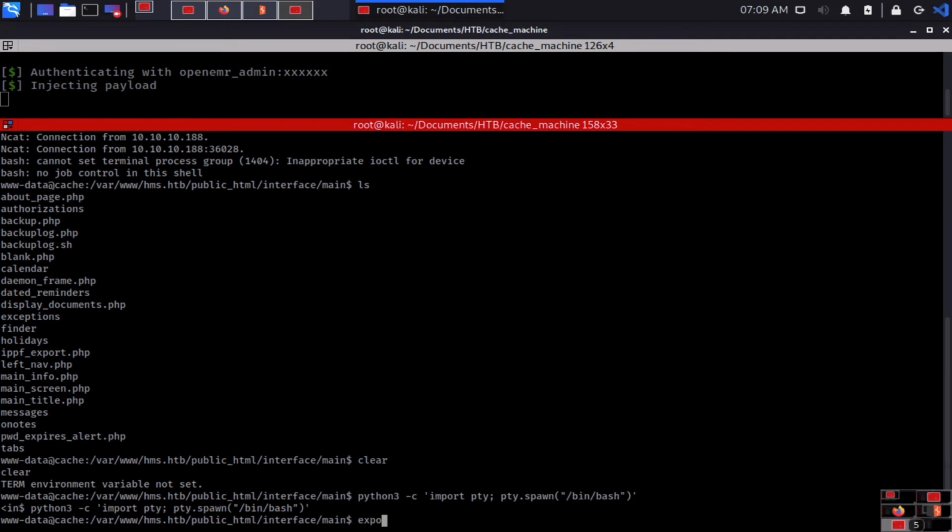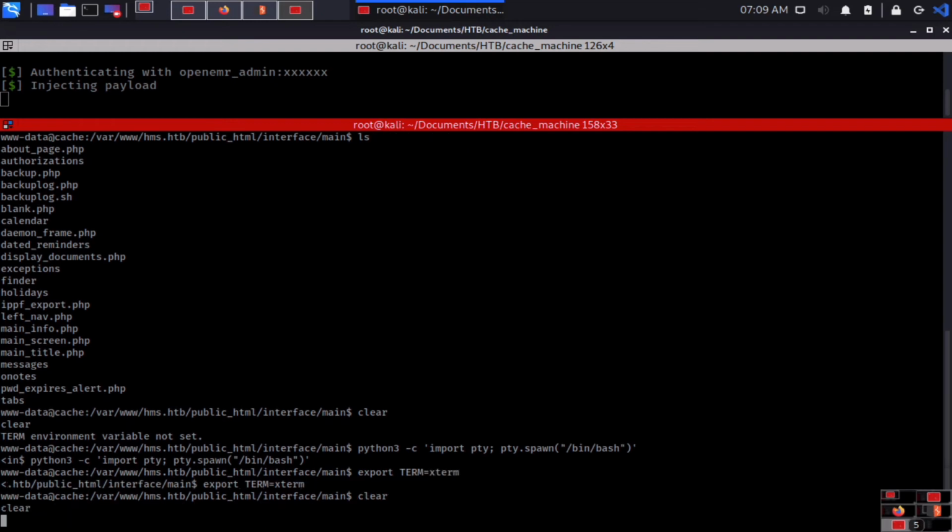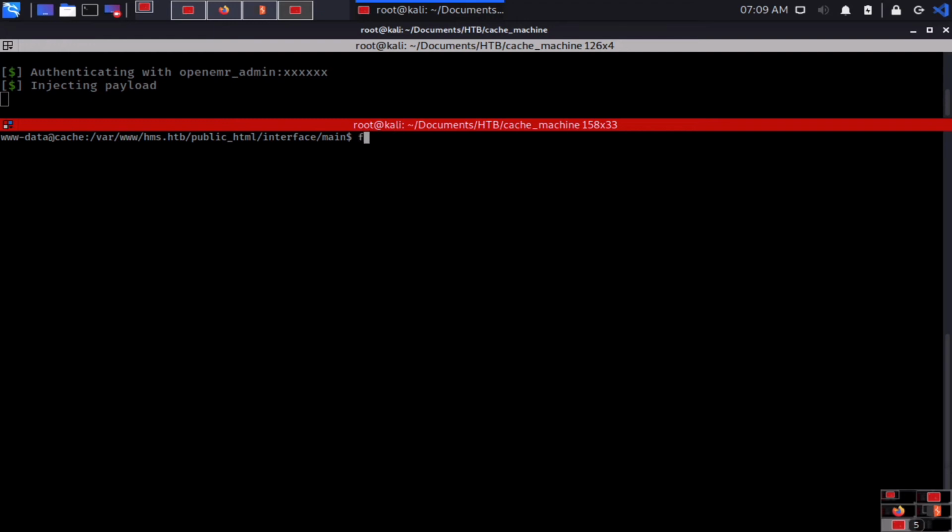And now you can use export TERM=xterm. Try to clear the screen. Okay, it is working fine, and just search for the user.txt.